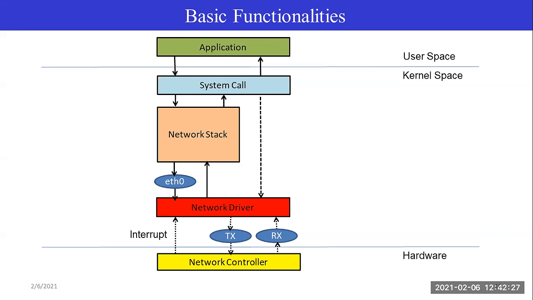For example, you know that every layer of the network stack calculates the checksum, and checksum calculation of every packet requires some time. Nowadays, the network controller has the capability to check the checksum and validate. If the work is being done by the hardware, then definitely it will be much faster than if it is done by the network stack. So there are a lot of mechanisms to improve the performance, but yes, you are right. Polling is one of them.